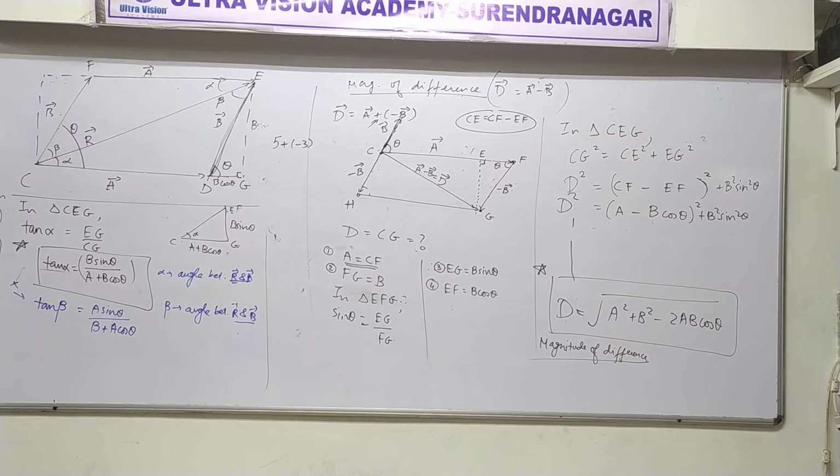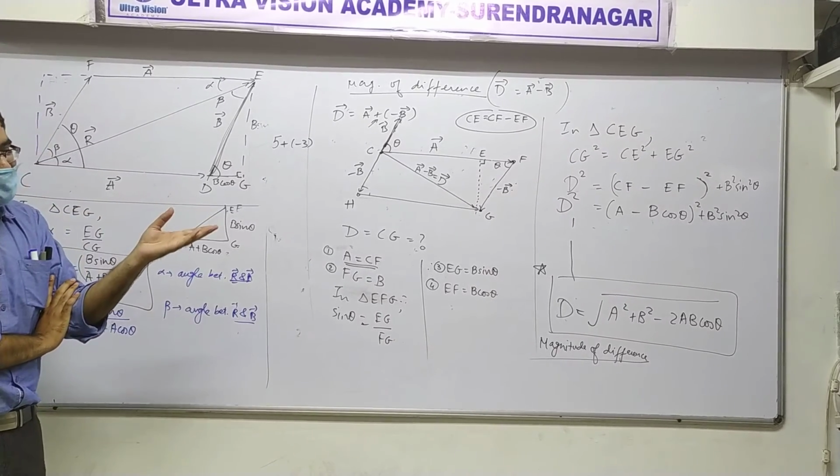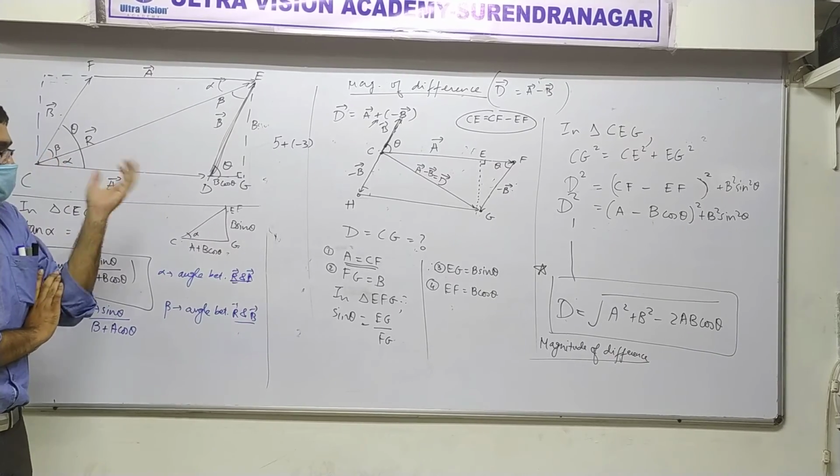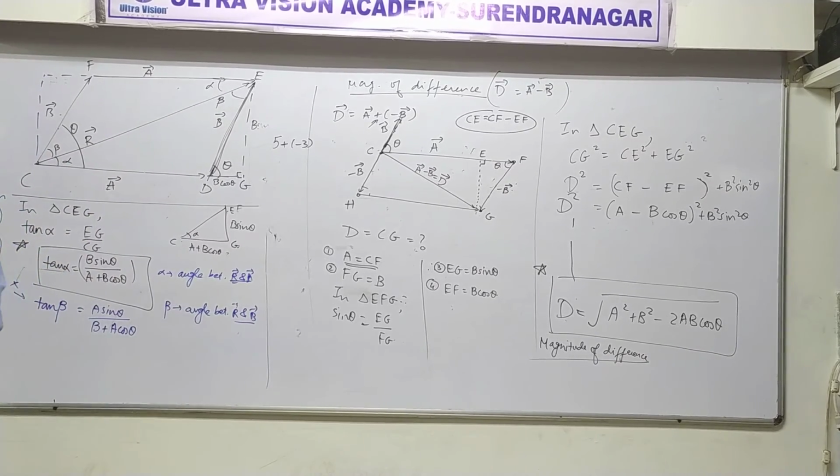The math students have studied this very thing in a different form in a chapter of trigonometry. For them I only need to say: this is what you have studied. Look now, put it. Right? And it is called the cosine rule. This formula, or even the other one, both of them are the cosine rule. In the physics book it is called the cosine rule. You don't need to remember the name, don't worry.